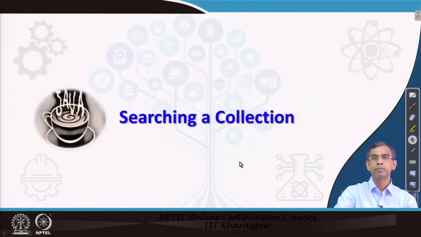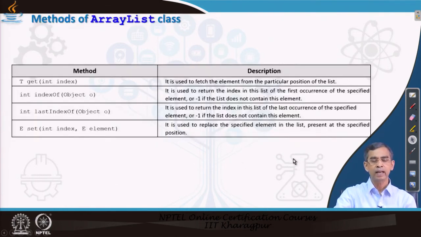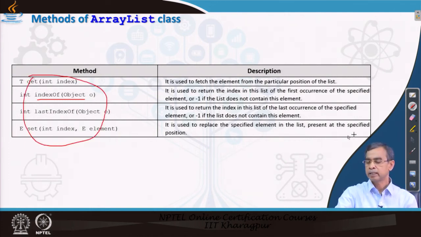And then there are a few methods also regarding searching. For the search, in fact, exclusively there is no search method in the collection, only the search is by virtue of accessing, like the get method. The indexOf basically says whether object O is there or not, if it is there then it basically returns in which location. So, this is one way of searching. So, there is no exclusive search method there, but by virtue of all these methods you can perform the search.